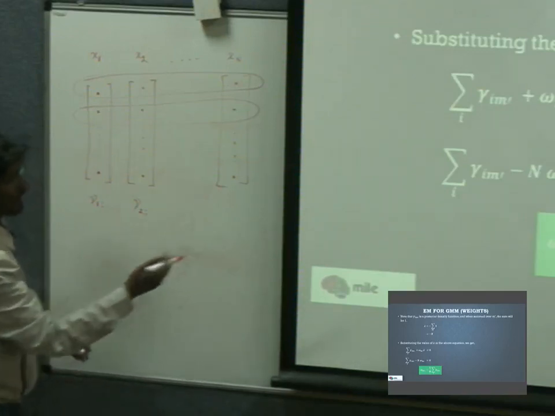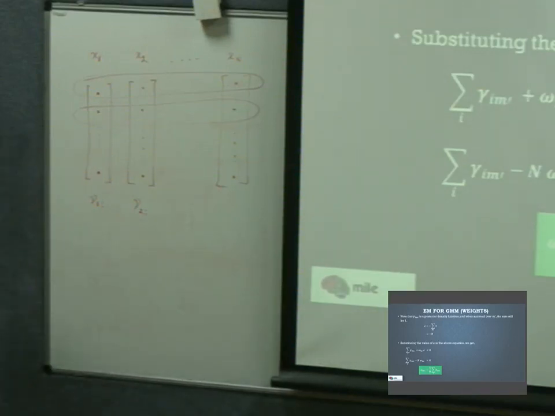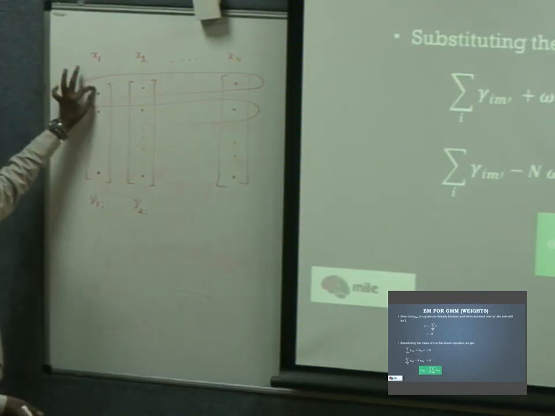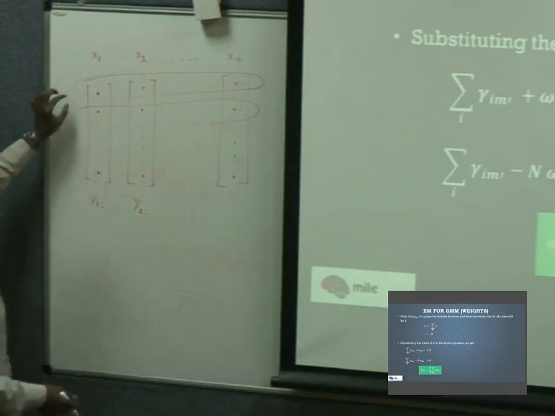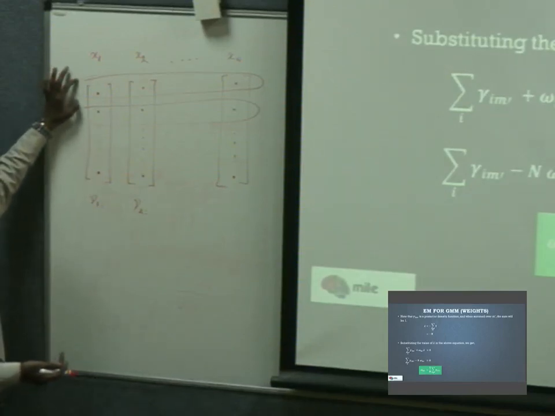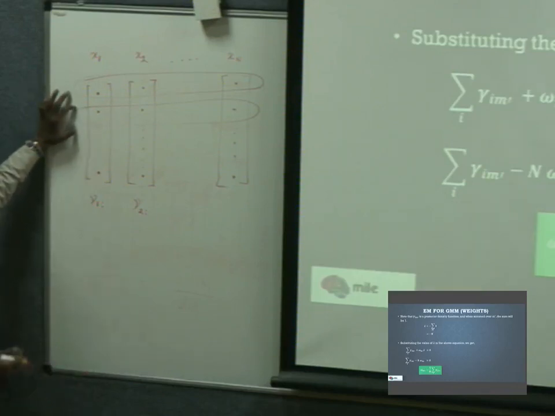Okay, so if you do that, then it is normalized. It tells you the cumulative probability, because one vector has gamma 1, another vector has gamma 2. Gamma 1 is the first example, and the entries in that column tell you the probability that the example came from that mixture. The row-wise summation is the probability that any vector comes from the first component, then the second component, and so on.